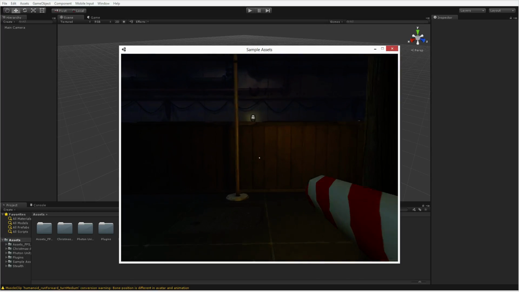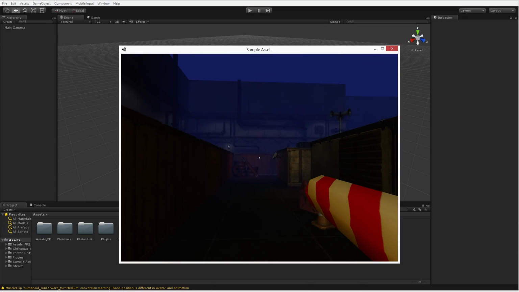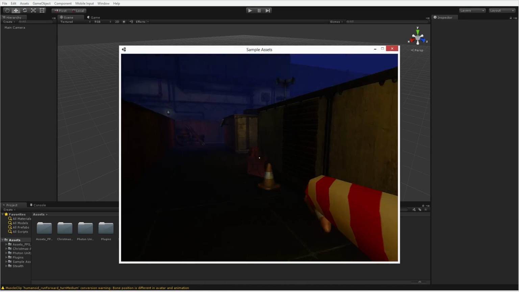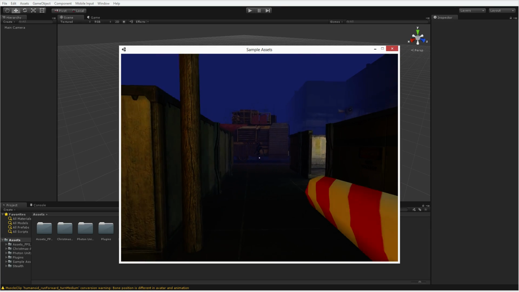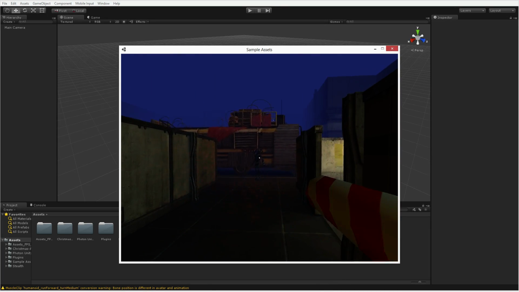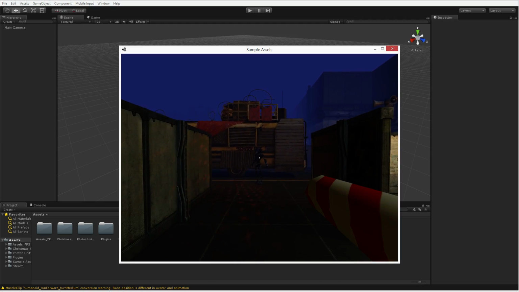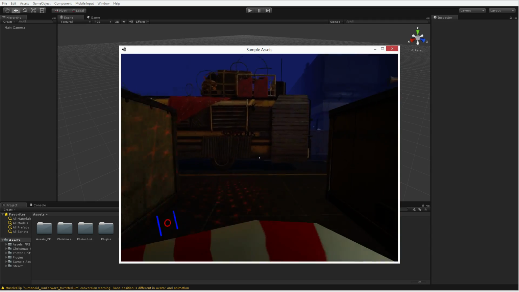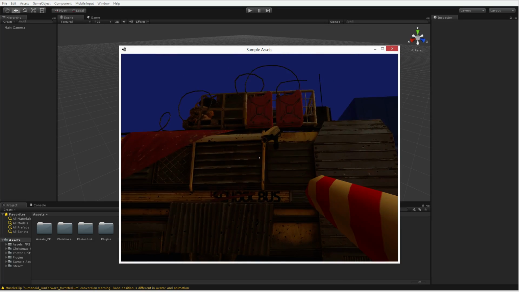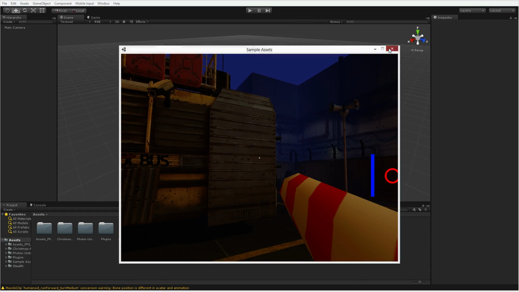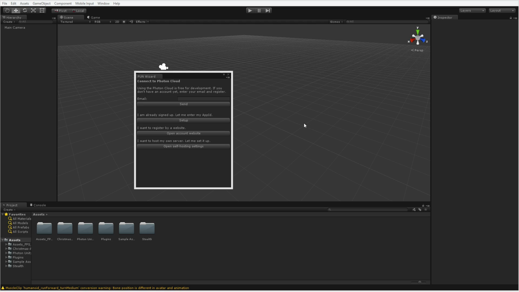A little bit, it's a bit crude, but I'm not an artist, so I'm just using whatever I could find on the asset store and hand making whatever I could. So it's still fairly effective as a 1 hour long first person shooter, so pretty good there. And then we can just shoot bad guys and make them disappear. So that's what we're going to be building. I didn't really make an easy way to leave the game there without force quitting it. So there we go. That's what we're going to be making.